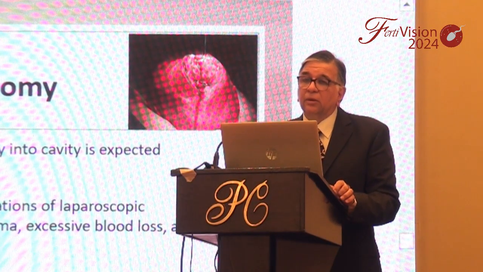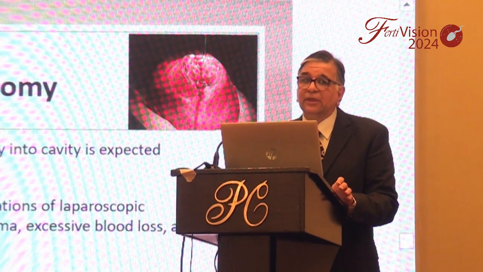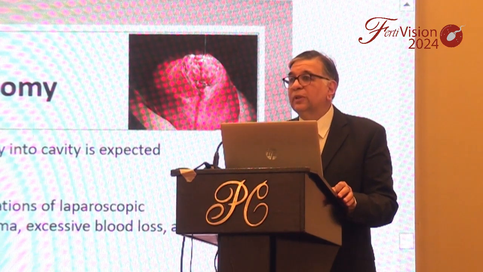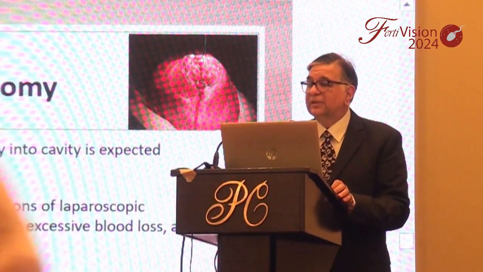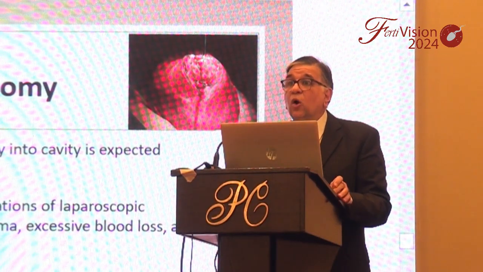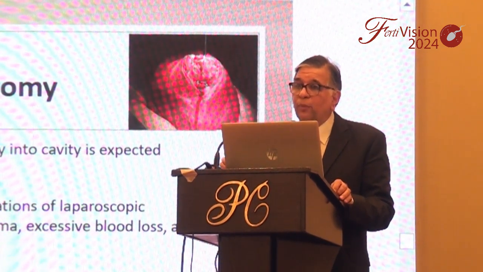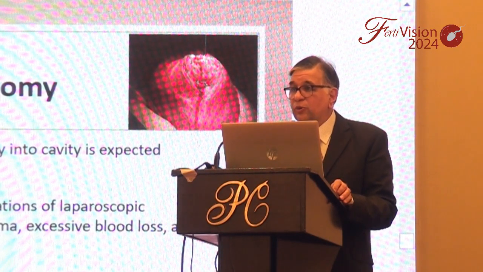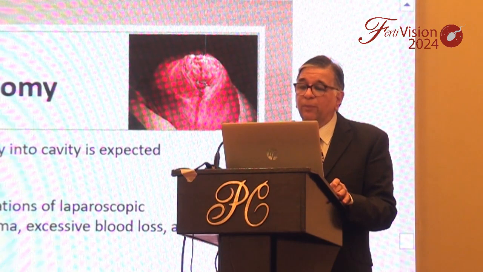And then it's probably a good idea to open up the cavity and look for any submucosal fibroids. I've seen some submucosal fibroids being missed because the gynecologist was afraid to open the endometrial cavity. In my very early years, I've done that too, and I've missed some. So it's always a good idea to carry out hysteroscopy before doing the myomectomy. If you really don't want to open the endometrial cavity, do a hysteroscopy before offering the myomectomy, so that you exactly know what's inside the uterine cavity. But opening the endometrial cavity does not compromise it if you restore anatomy properly.